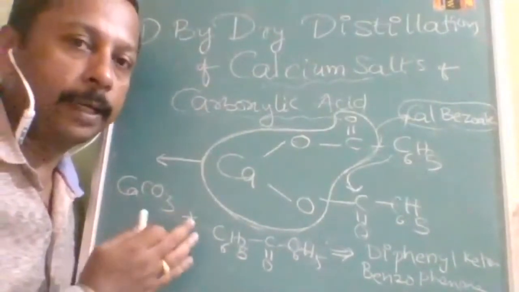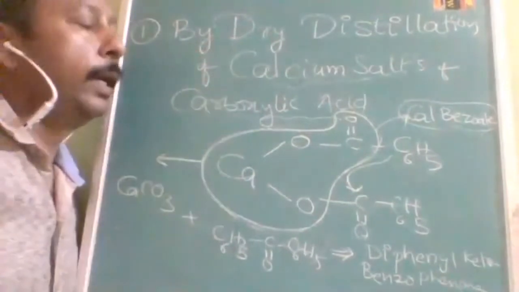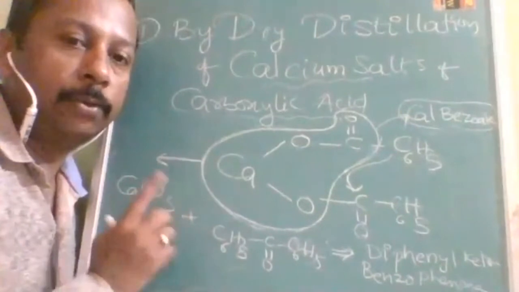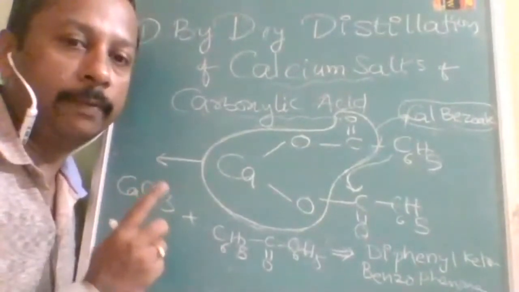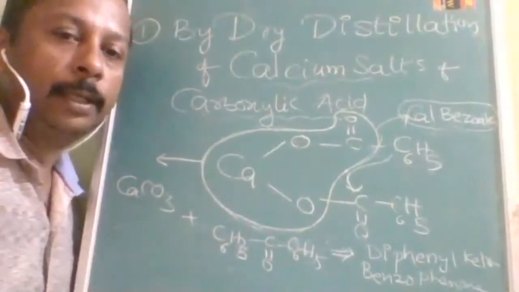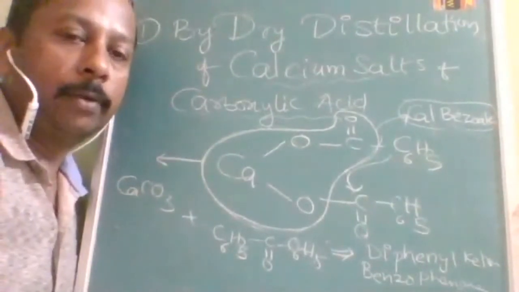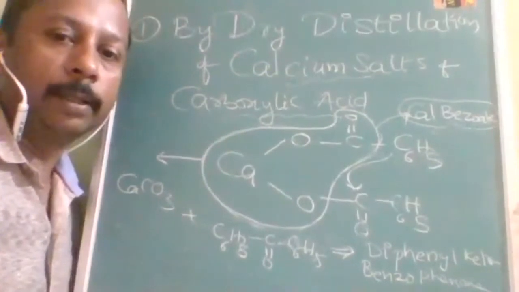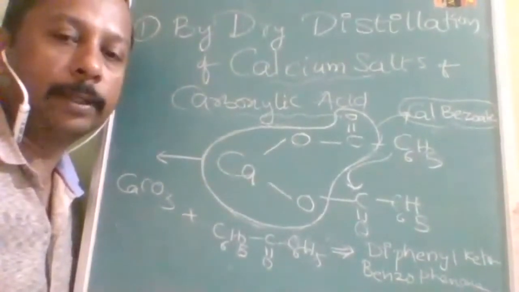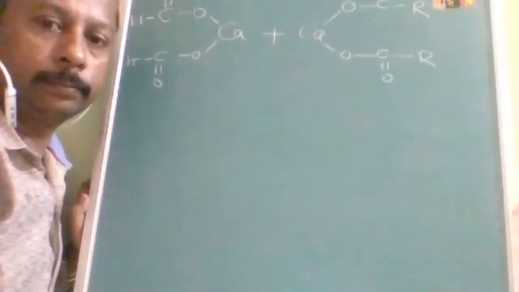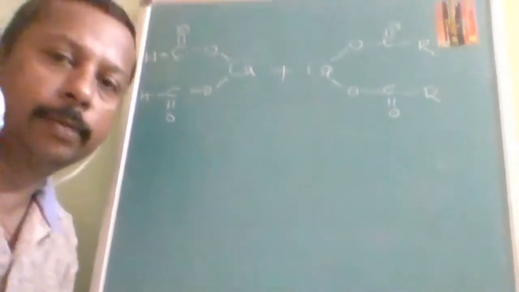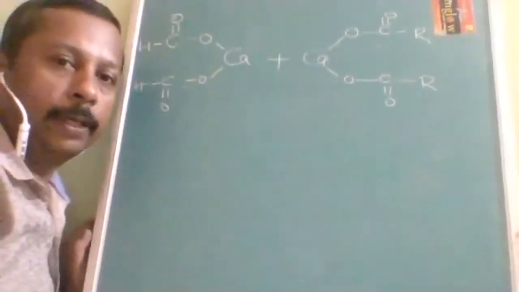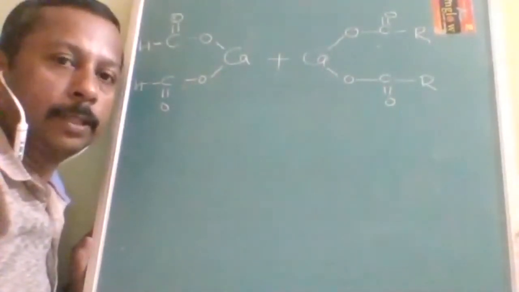Now we are going to the second segment of the same dry distillation. Till now we used only 1 mole of salt having 1 mole of calcium, 1 mole of the acid. Now we are going to enter the place where two types of salts will be there. Now we have entered the second segment, where we are going to use 2 moles of the salt.